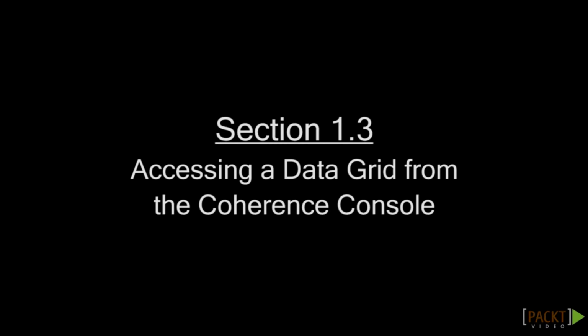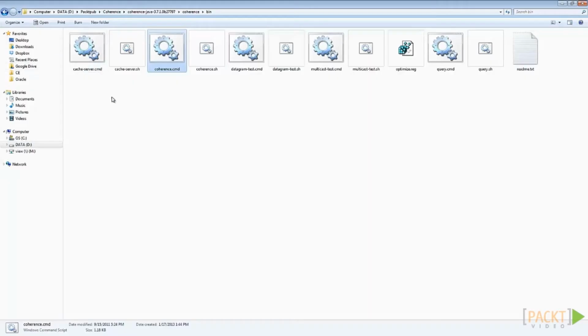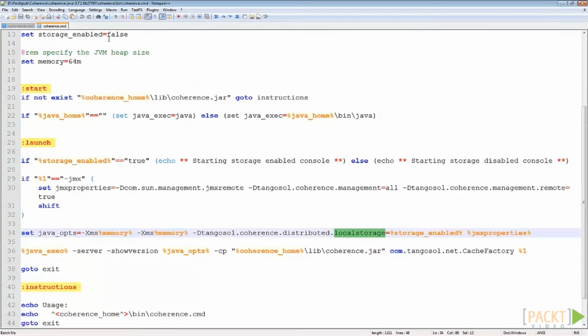Now that we know how to start a Coherence cluster and also understand the starting logs, in this video we're going to see how to access the data grid, in other words, the cache cluster, via the Coherence console. First of all, you should change the directory to the Coherence binary folder. Let's now take a look at the coherence.cmd file. As you can see, there is a variable storage enabled and it points to the